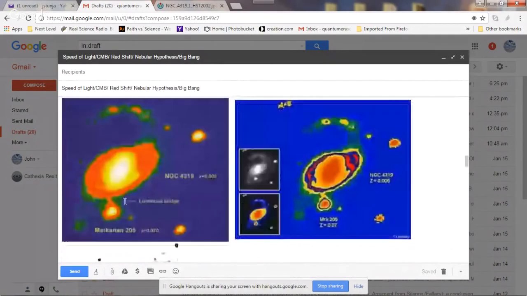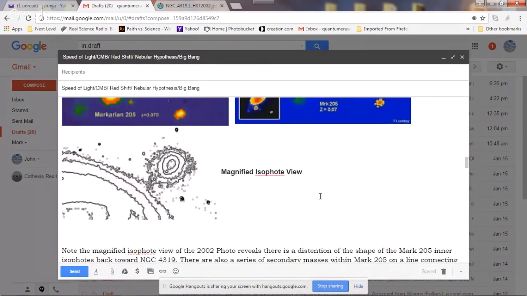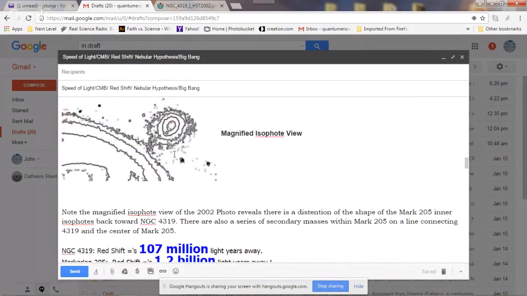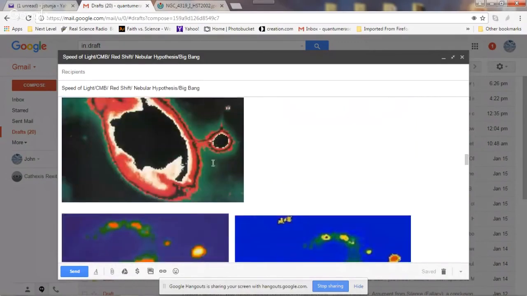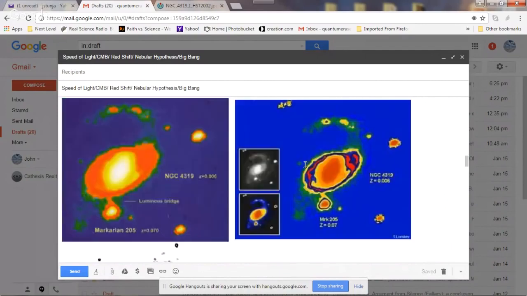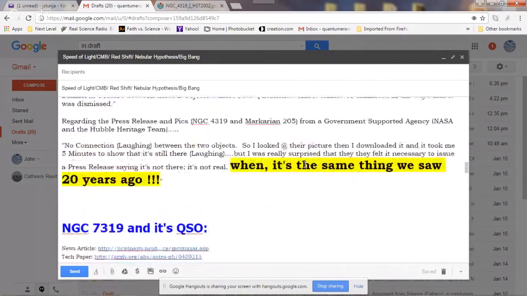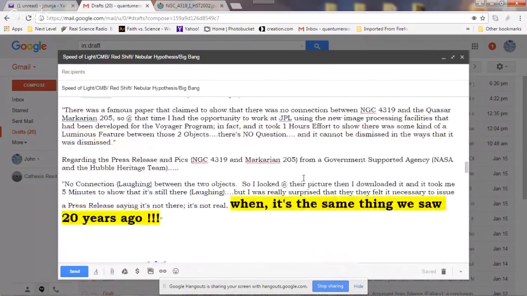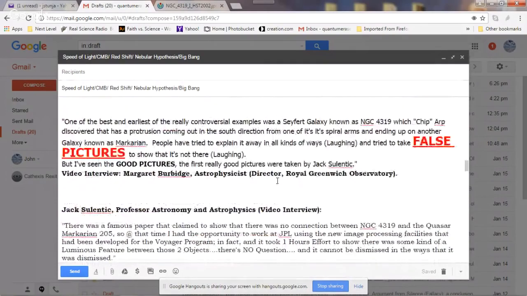And what he's talking about is this luminous bridge right here. This luminous bridge, in the isophote view. This bridge right here, and this bridge right here. So this is a real gaggle right here. They really stepped in it. They really stepped in this one. But like I said, I really didn't need this. NGC 4603, the first one I talked about,